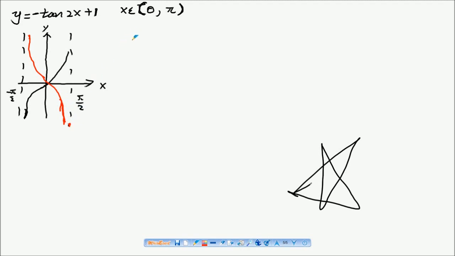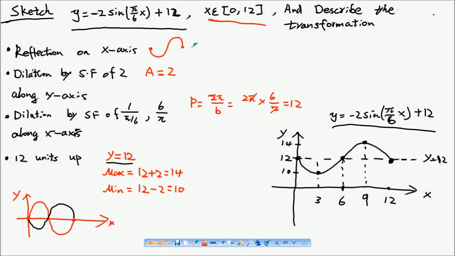Also, the period of the graph is pi divided by 2, pi divided by the number there, because in the standard graph the period of tangent is pi, whereas in the sine and cos standard graphs the period is 2 pi. That's why when we try to find the new period of the graph, we use 2 pi divided by b, and in this case we use